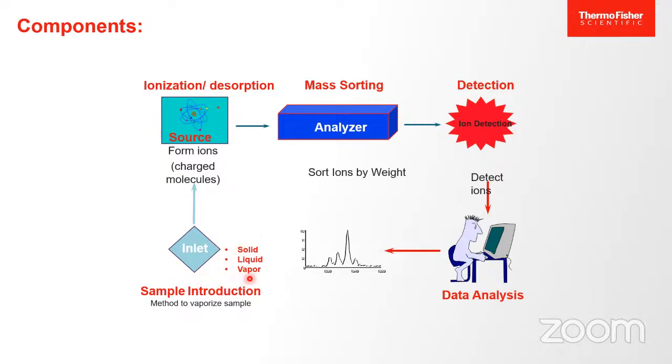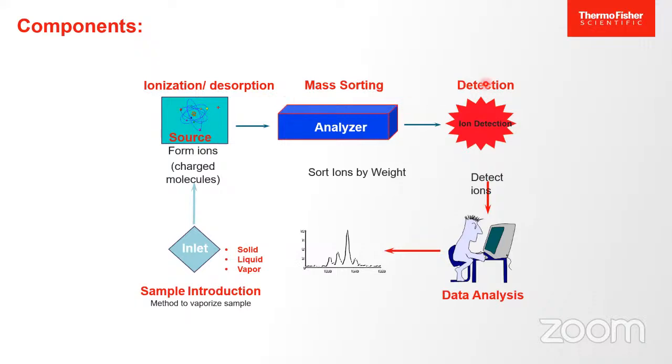Here in case of LCMS, you use liquid chromatography as a sample introduction tool. Now, in mass spec, there are three components. One is the source region, another is the analyzer, and then there is a detector. So the first is that any compound which you can ionize, you can rest assured that you can detect in the mass spectrometer. So ionization is the first part.